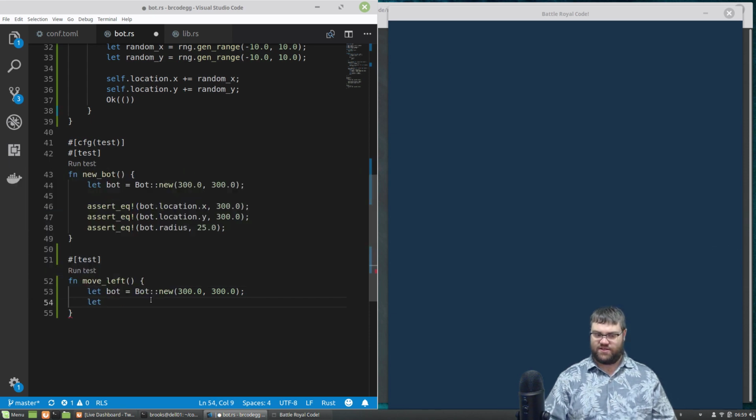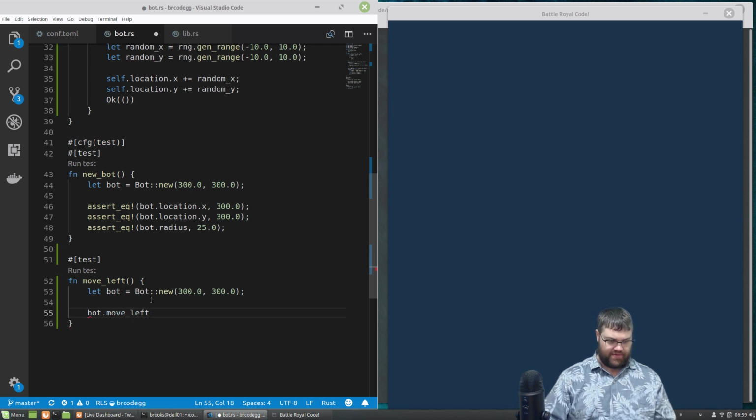I don't even know if I need to say what direction it is. I could just do it essentially. We'll then do bot.move_left. I don't think this should have a problem because it's attached to bot. Okay, so bot.move_left, and we're going to pass it